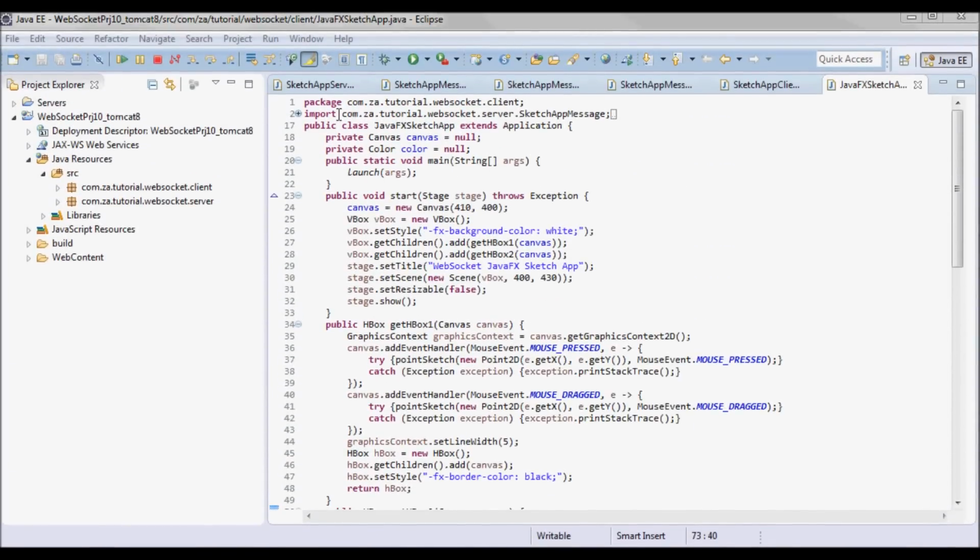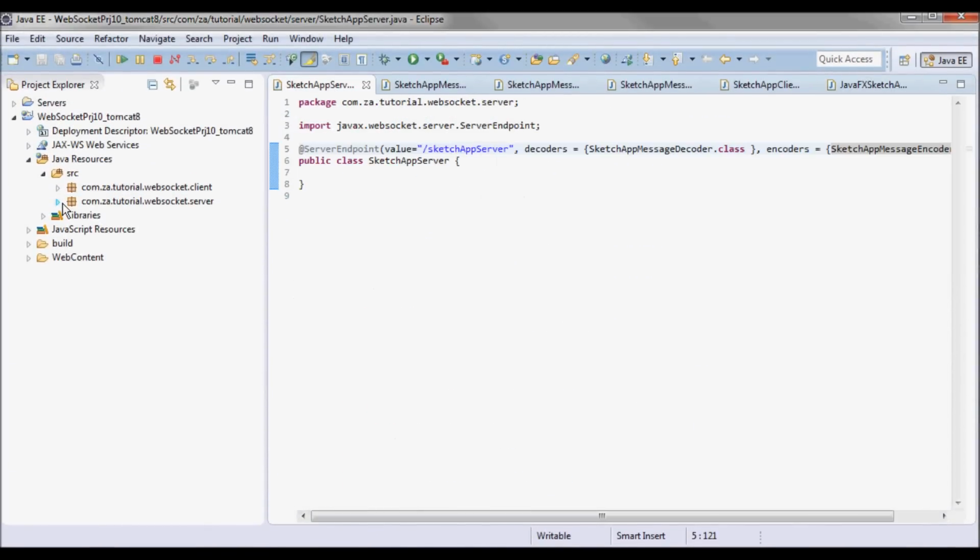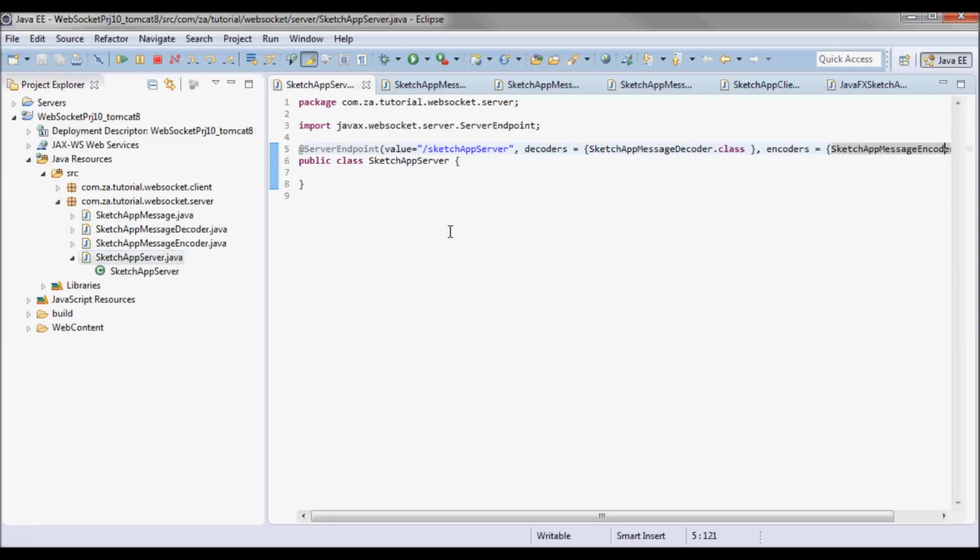Next, let's go to the server, and I'll have a set of connected users.